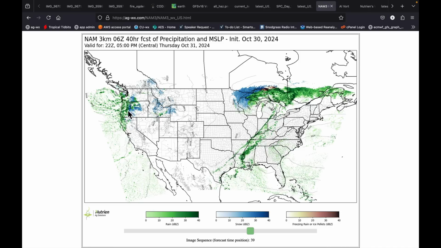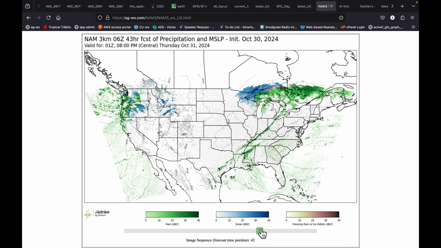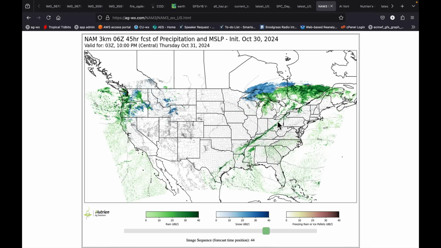So if you're in the Willamette Valley, Central Oregon, some of the mountains here in Idaho, some heavy snows around trick-or-treating time as well. So we watch this pull forward, and you'll notice that it does not extend the heavy rain into this part of the Northeast, getting back toward the Ohio Valley, which is a very dry region right now. I'll show you that again in a few seconds.